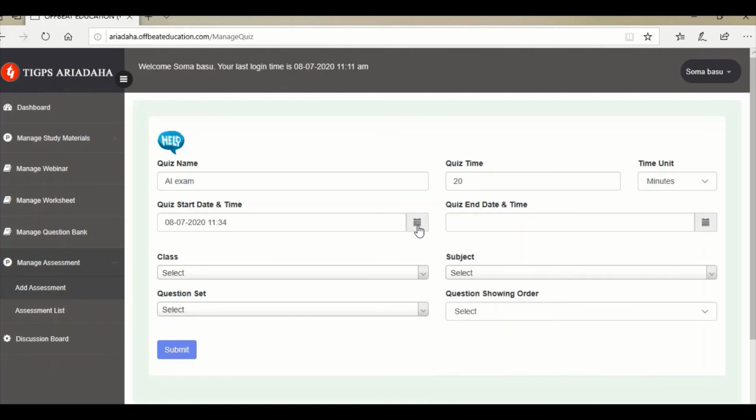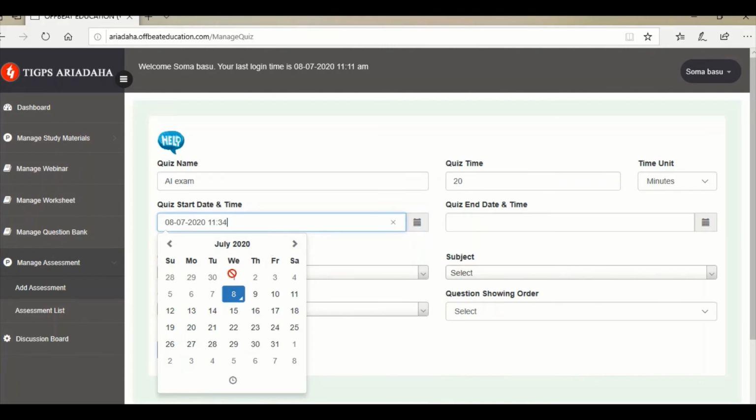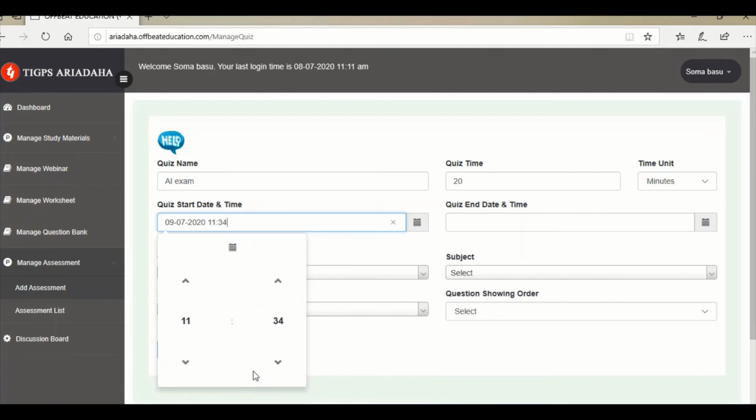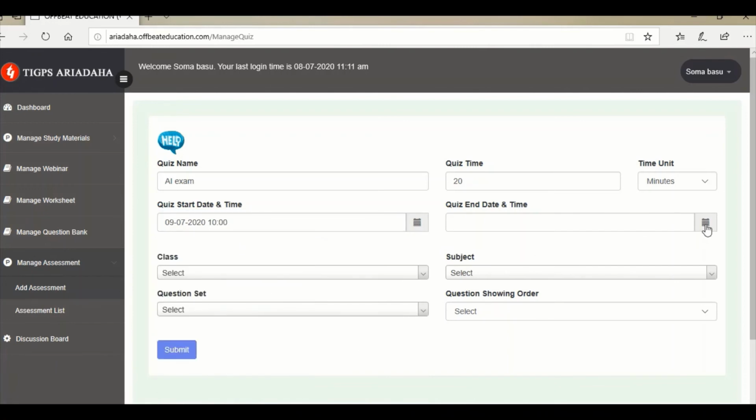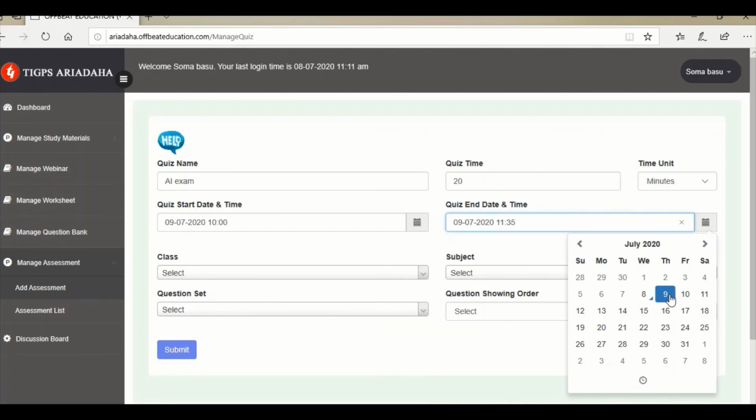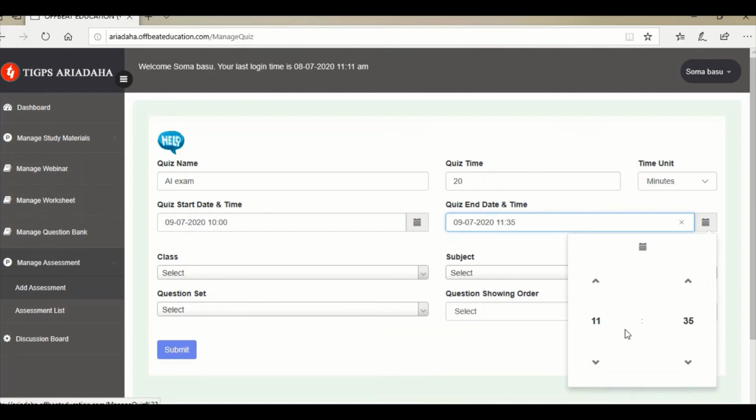Okay, so click here. Suppose I want to give the date 9th July, and here is the clock option. Click here and at 10, and the end time 9th July, suppose 12.